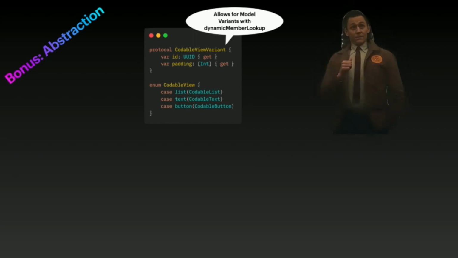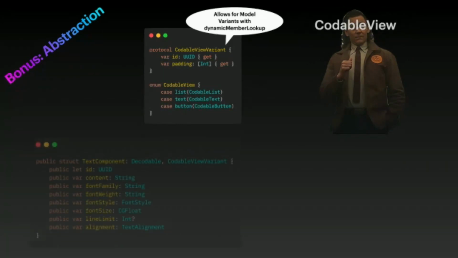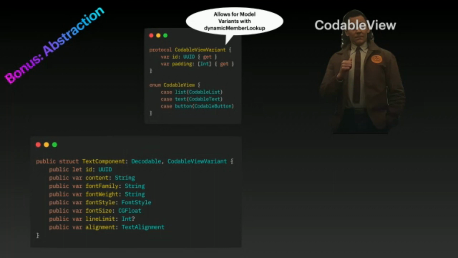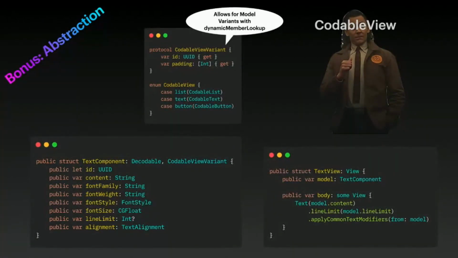And then you encode it into variants of the same model within an enum. Kind of a little bit like a Loki variant, but it's a codable view variant, where you would then have your text component that's decodable, which had all the different parameters or properties that you needed. And then you could abstract it to the point where it would be the same between Android, which was using Jetpack Compose, and SwiftUI on iOS. You were then putting it just in this model, and the model would basically be consumed. And that's what I was saying earlier: you could even have a modifier that is a common text modifier or a common base modifier that just applies to everything, because all of these are different variants.